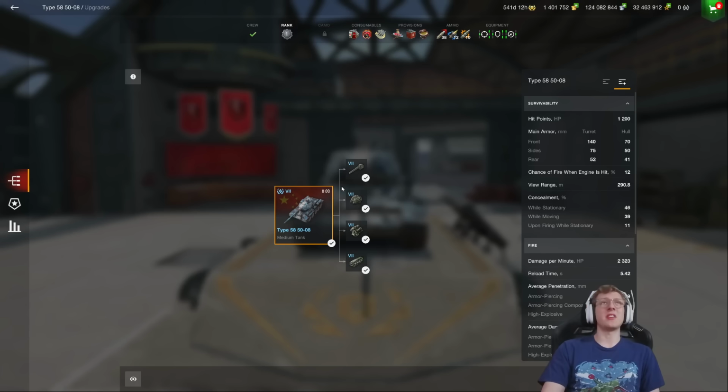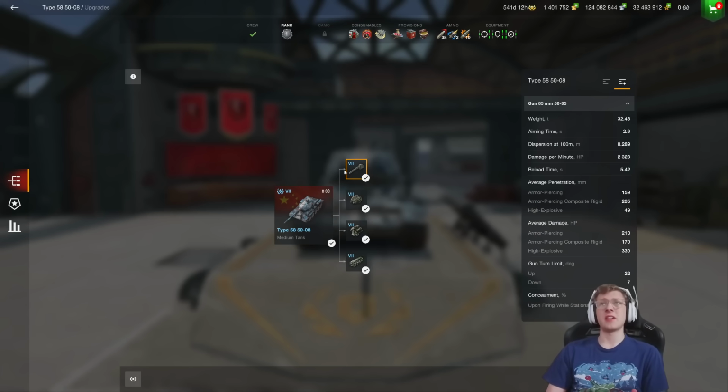Let's start off with this vehicle's gun. It has 210 damage per shot, really nice high explosive damage at 330. 7 degrees of gun depression allows this tank to be fairly flexible, and 2,300 DPM is pretty solid. It's not as good DPM as the T43 or some of the higher DPM mediums, but it's still pretty good. It has 160 mil of standard pen, 205 on the gold, so nothing crazy there, but the gun seems completely fine,